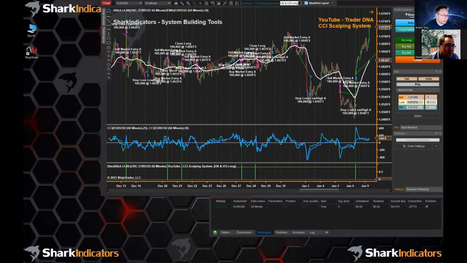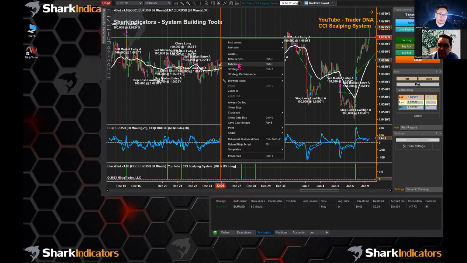Jose asks about the difference between Blackbird, I'm assuming you meant to type Bloodhound. Again, Bloodhound is an indicator and Blackbird is a strategy. In NinjaTrader, indicators mark up a chart and indicate things on the chart, whereas a strategy is the thing that submits the trades. So you kind of need both, at least for our system, if you want a full-blown auto trader that's configurable, like we just showed you. You need both, but to submit the actual orders and perform the trades, and therefore the backtest, you do need the strategy, which means you do need Blackbird.